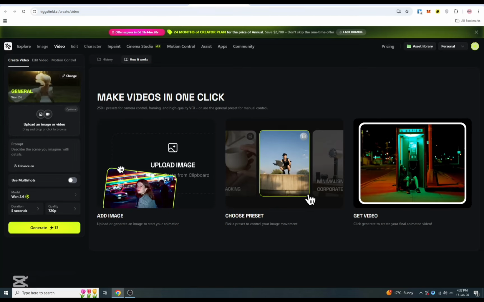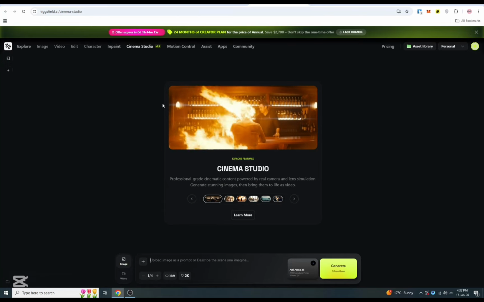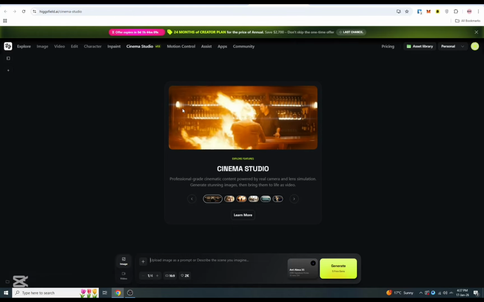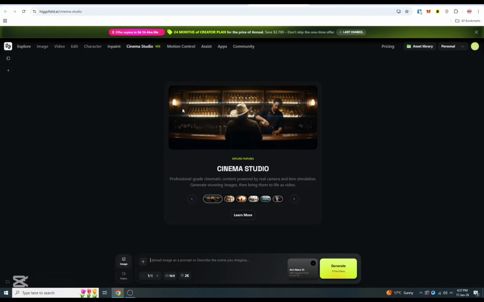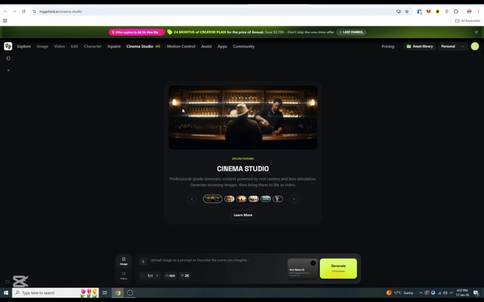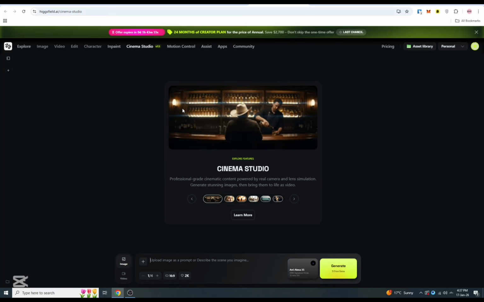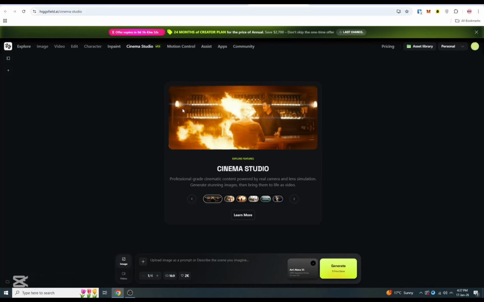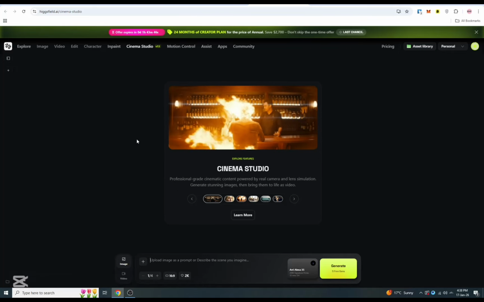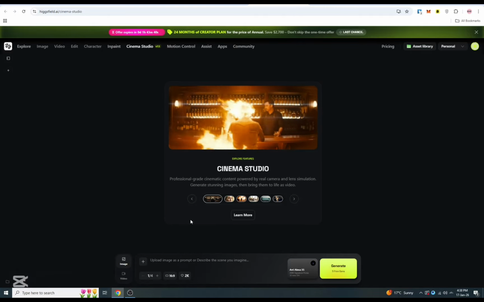In the next phase we'll talk about Cinema Studio. One of the most exciting features on Higgsfield is Cinema Studio. Cinema Studio is an end-to-end filmmaking workflow that takes you from text to image, image to video, all inside one system. It includes cinematic frame compositions, real cinema camera and lens profiles, and film-trained aesthetics. This tool is designed for creators who want consistent, professional film-like shots without jumping between different platforms. So that is also a very easy tool.